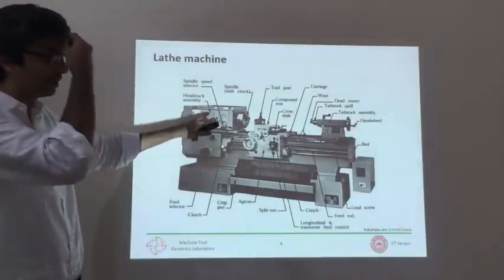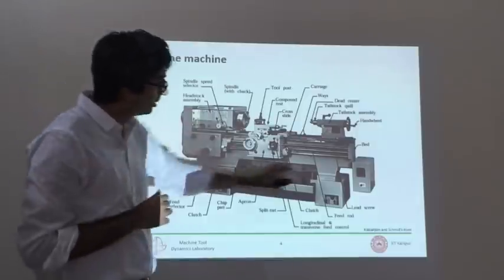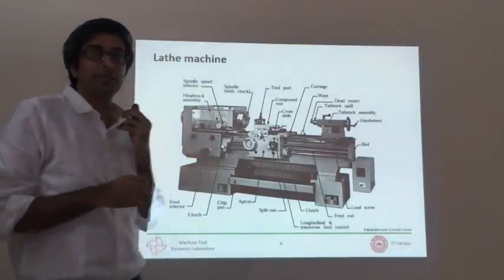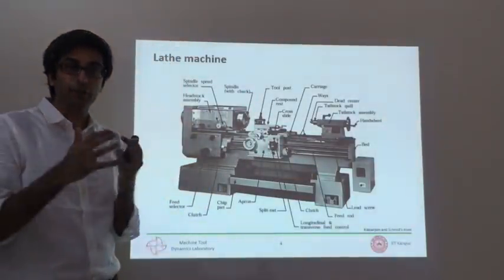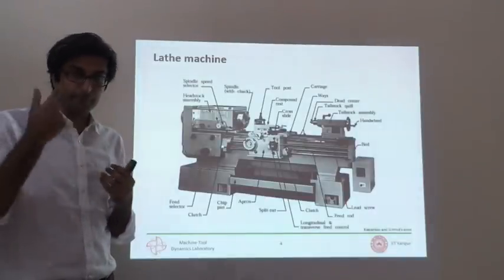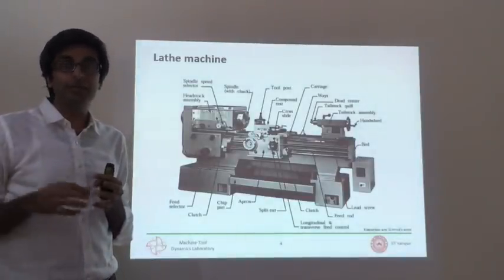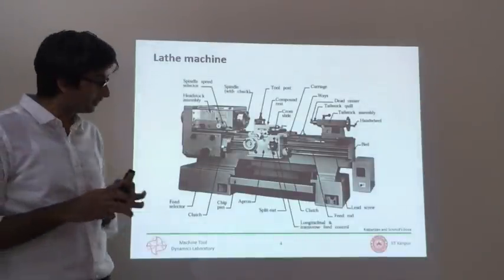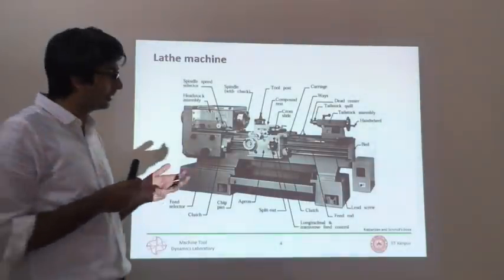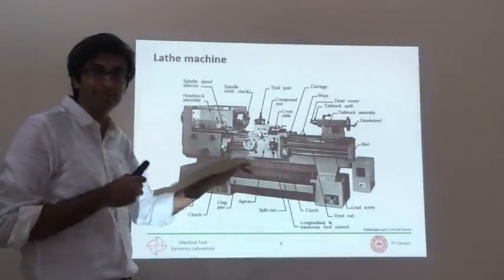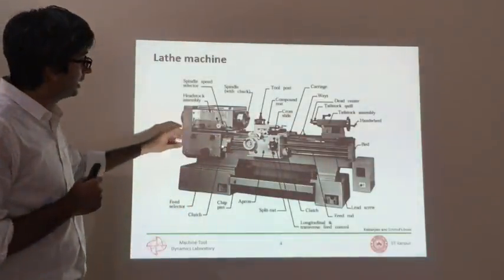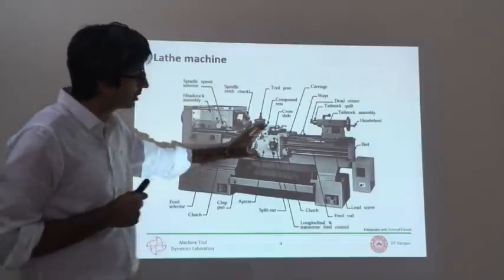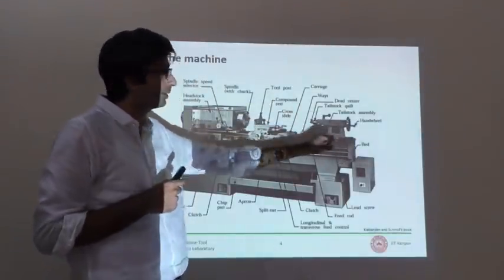So I'll first talk about the headstock. Like I said, everything is supported on the base. It is sometimes cast altogether. Casting is a fundamental manufacturing process which is otherwise introduced to you at DA 201, so I will not talk about it here, but essentially that's how you make it. The base is typically cast, and on top of that you have a headstock, cross slide and a tailstock.